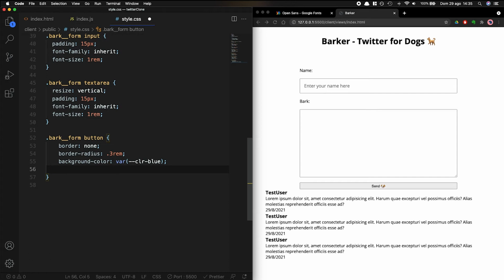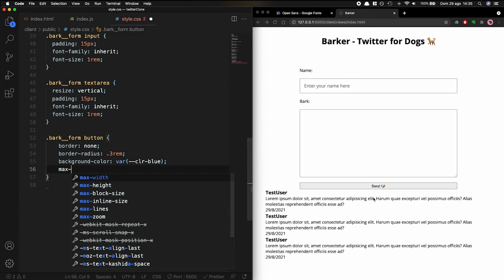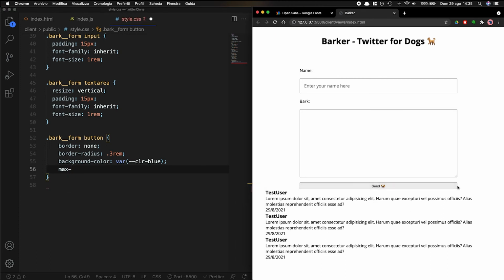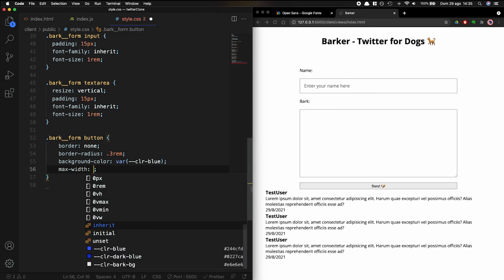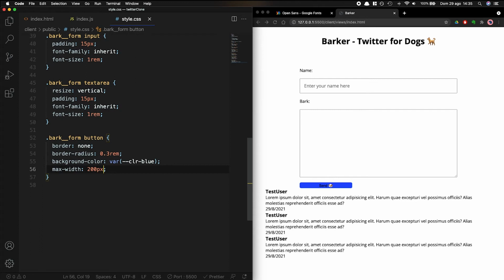And I can give it a max width actually. Let's give it a max width, because right now it's taking the whole width of the form, and I don't know, it's kind of weird. Let's give it 100 pixel. I don't want it to be too much. Maybe this is not enough. I don't know, 240 pixel. This is seriously something that you can spend an entire day just styling a button,